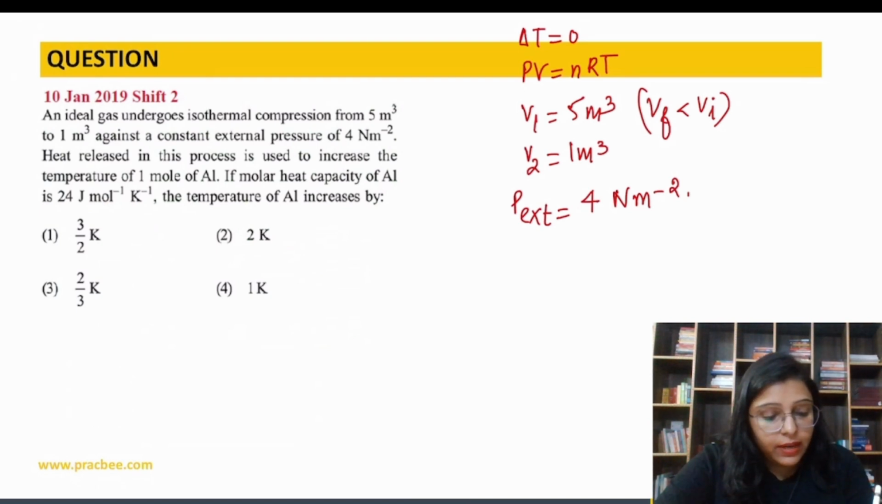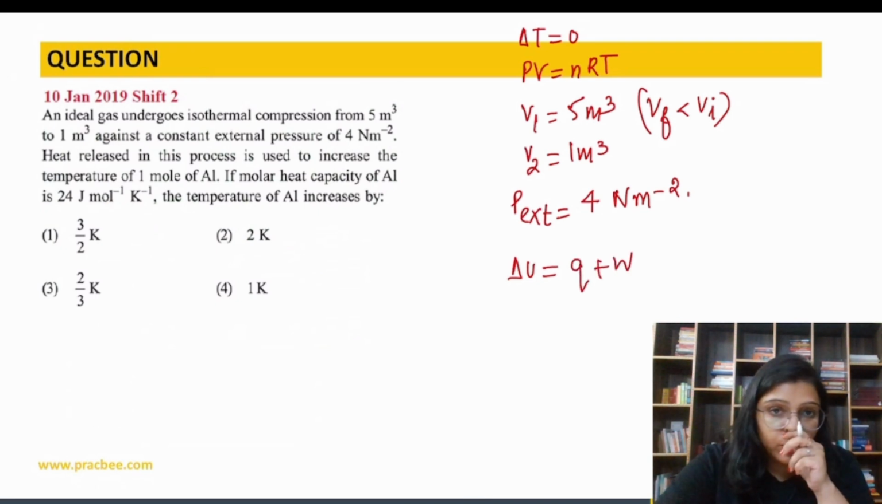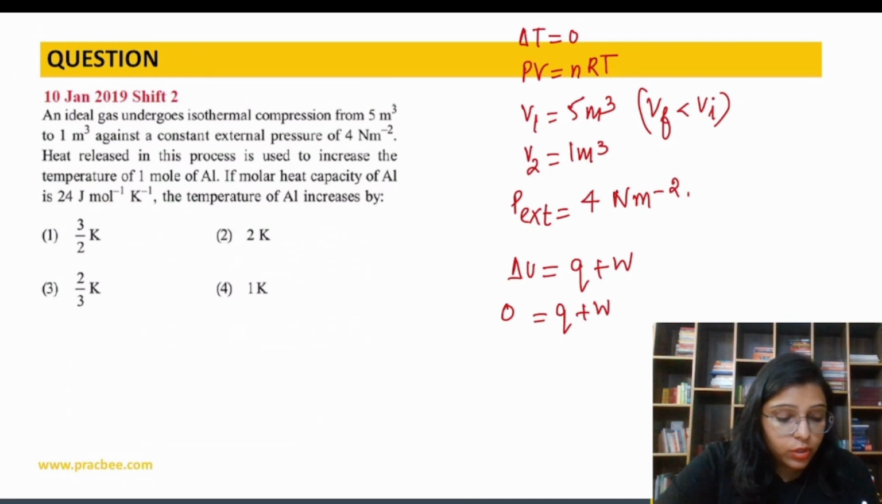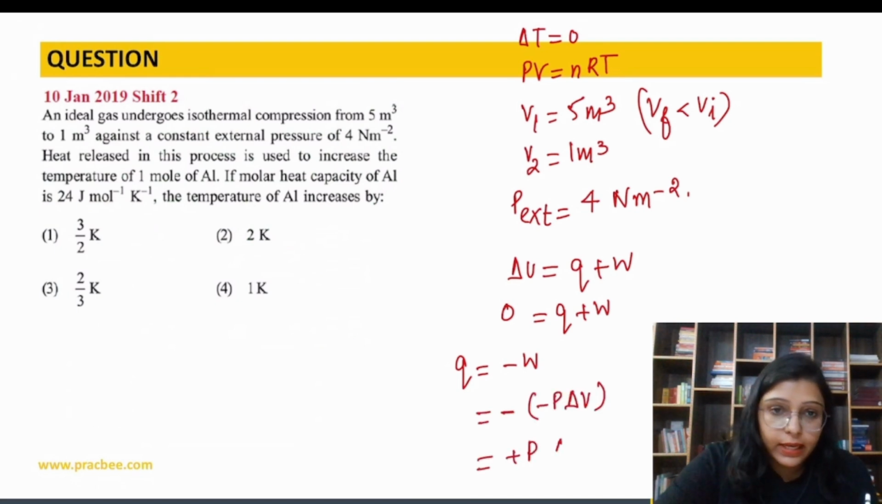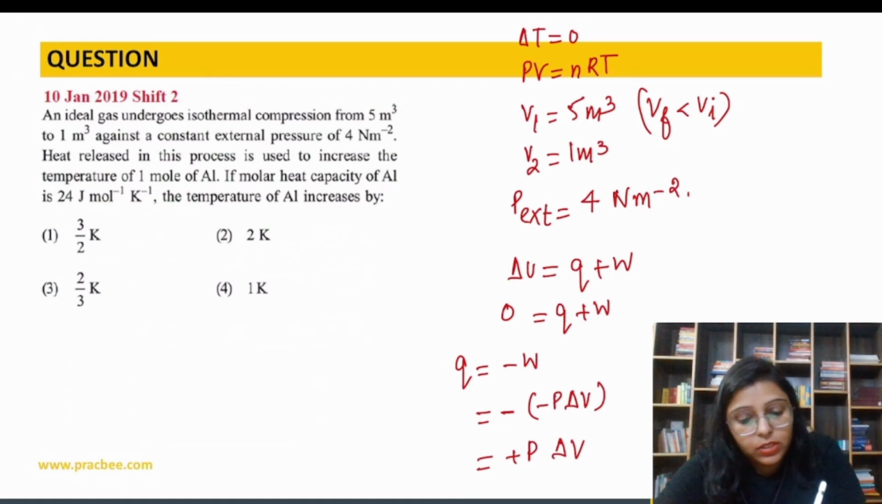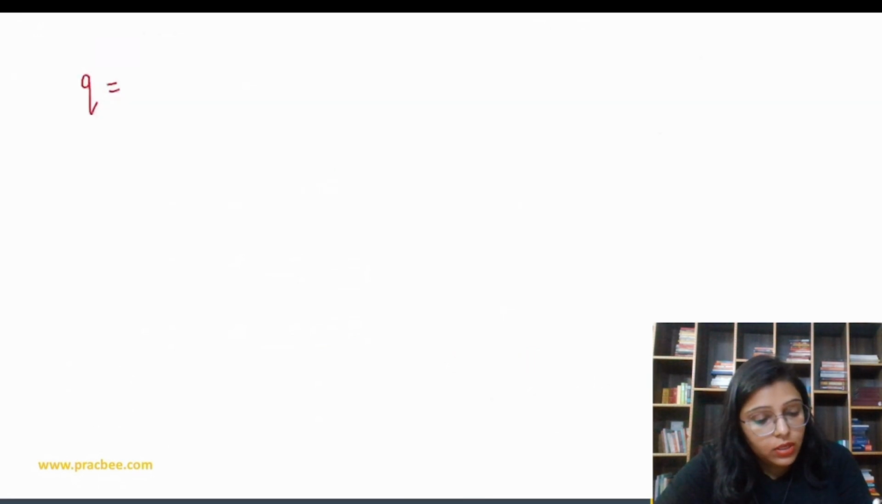See, we have delta U is equal to Q plus W. Internal energy change is equal to Q plus W. Now delta U is equal to 0, because it is an isothermal process. So Q is equal to minus W, and W is minus P delta V, so Q is equal to plus P delta V. So Q is equal to P external pressure, that is 4, and delta V